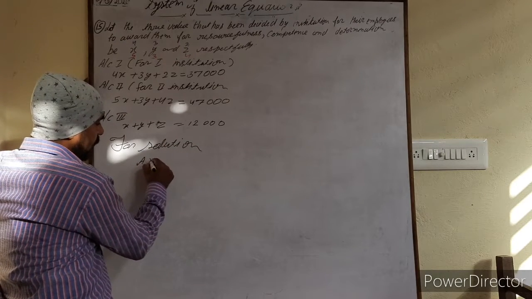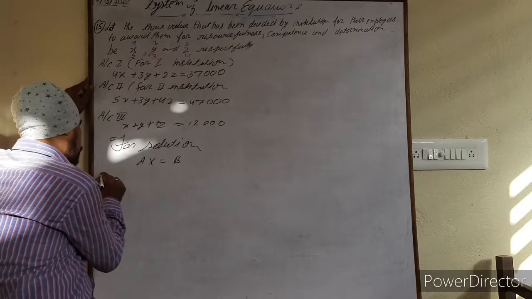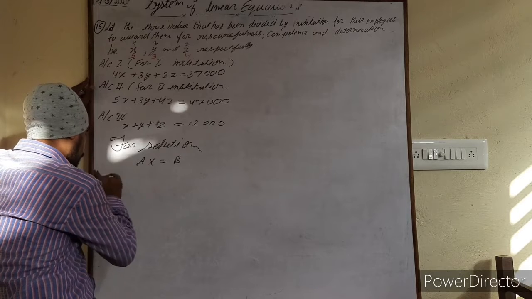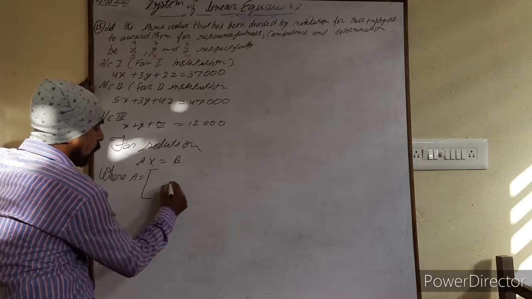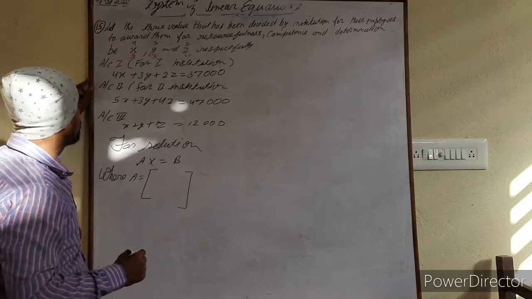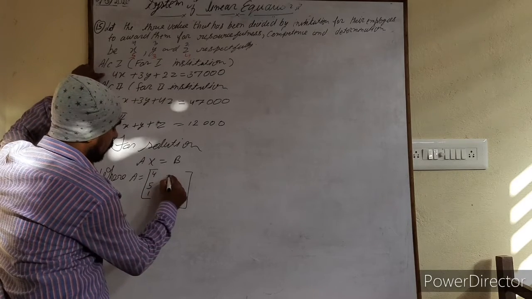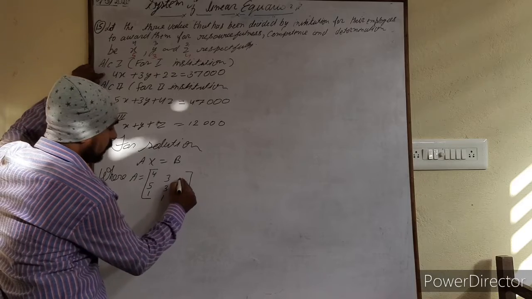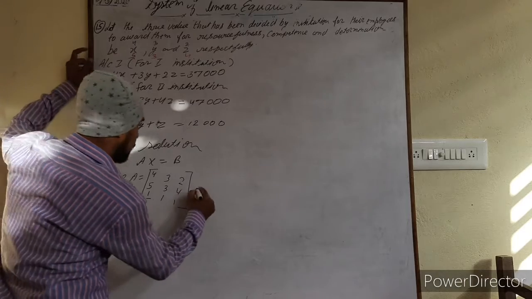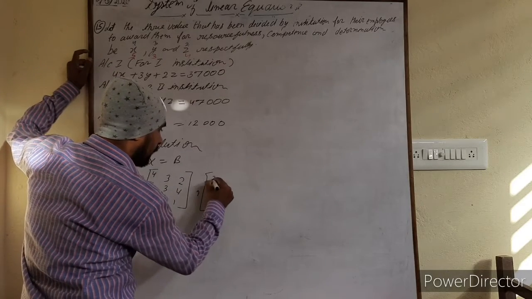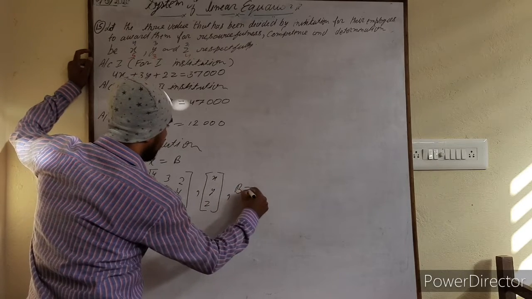the solution is AX is equal to B. लेकिन यहां पर a और b और x भी तो किसी को रिप्रेजेंट कर रहे होंगे ना, where A is equal to the coefficients of x, coefficients of y, coefficients of z. That means 4, 5, 1, 3, 3, 1, 2, 4, 1. These are the coefficients of x, y as well as z. Then what is X? X is the variable, that is x, y and z. And then at last B is equal to